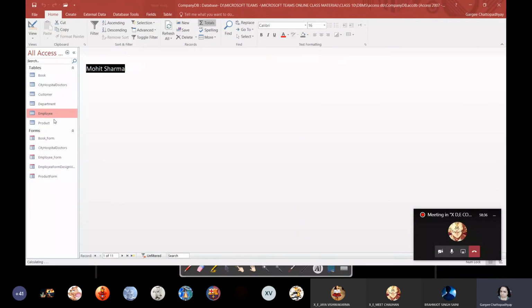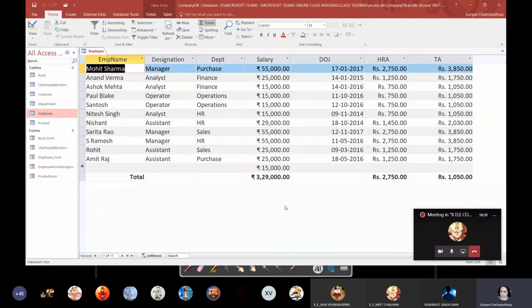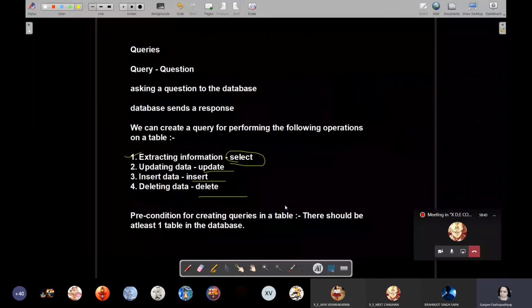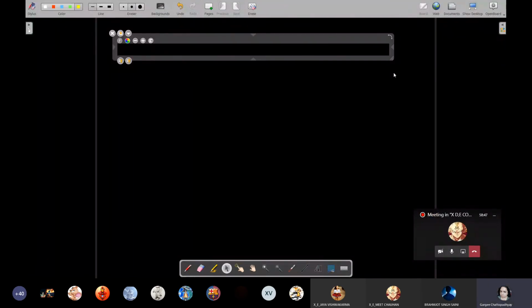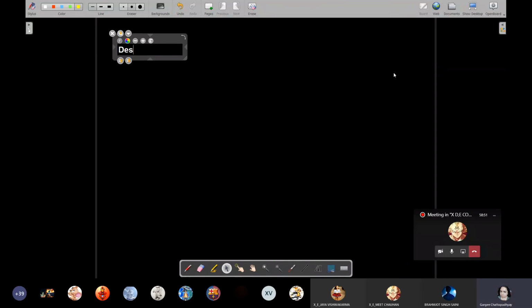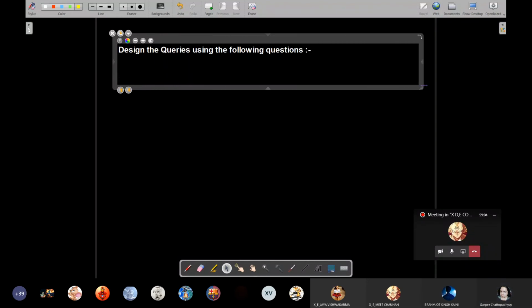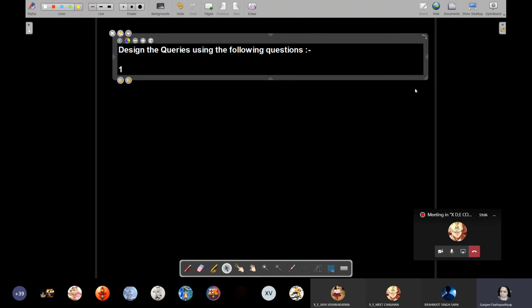Now, looking at this employee table, let us form some queries from this table. I'm going to write a query question over here. The question is: design the query using the following questions. You can write it in your copy, students.